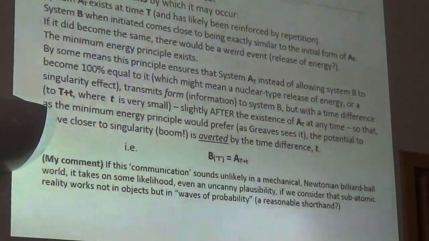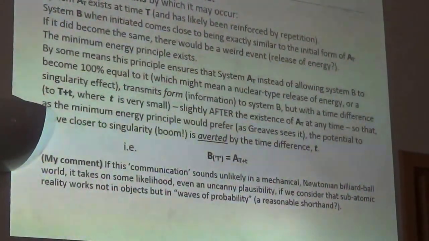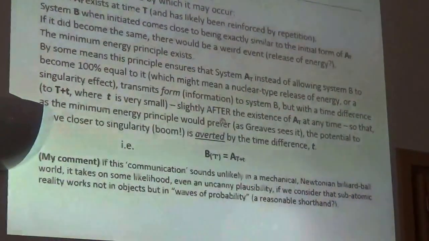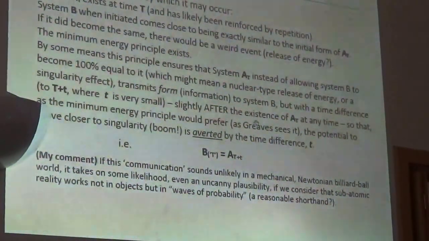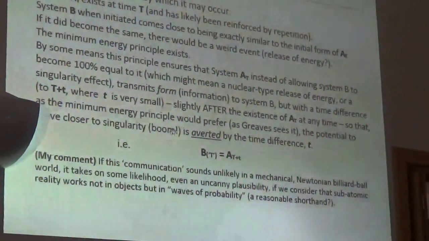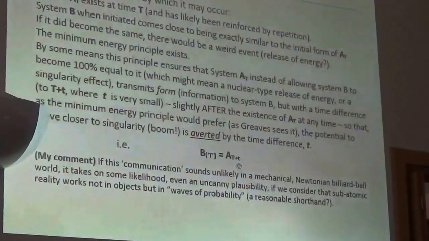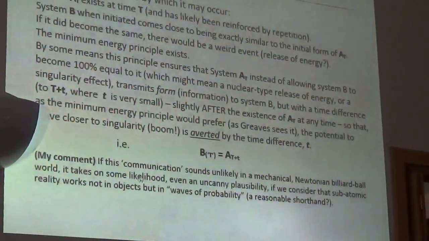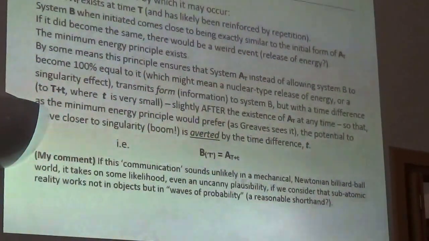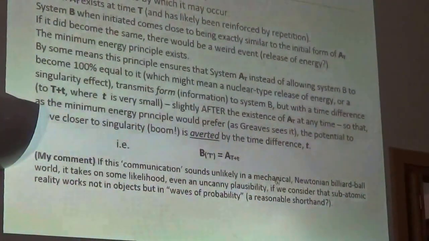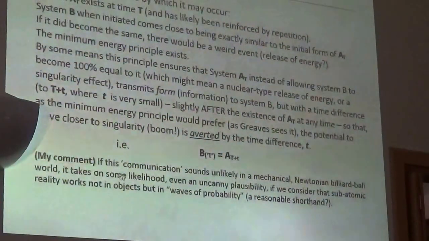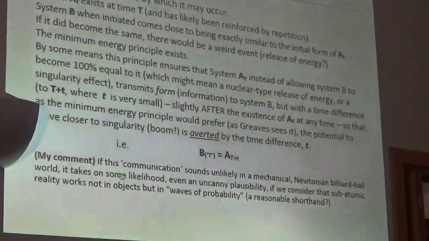Slightly after the existence of big A, small t at any time, so that, as Greaves understands the minimum energy principle, the potential to move closer to singularity, which would be a nuclear explosion, as it were, is averted by the time difference. So I just write myself a formula which is obvious. So I say, if this communication sounds unlikely in a mechanical Newtonian billiard ball world, as it does,